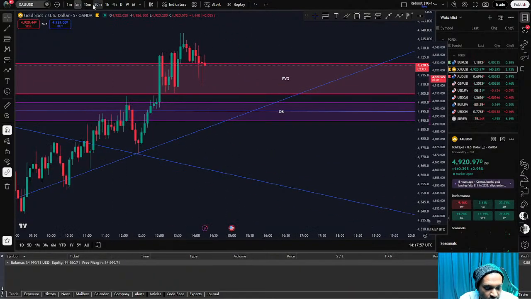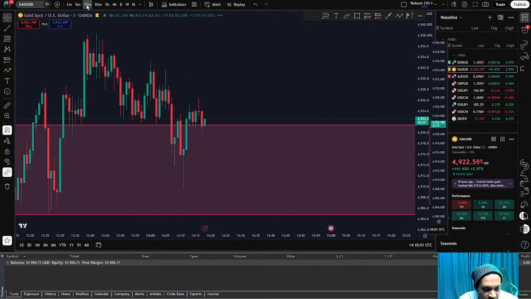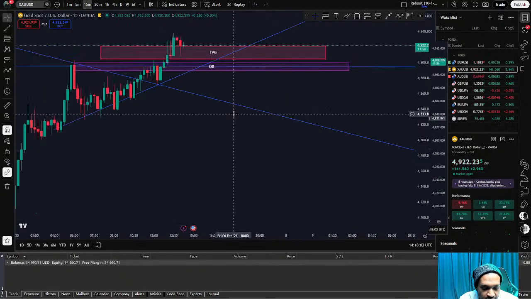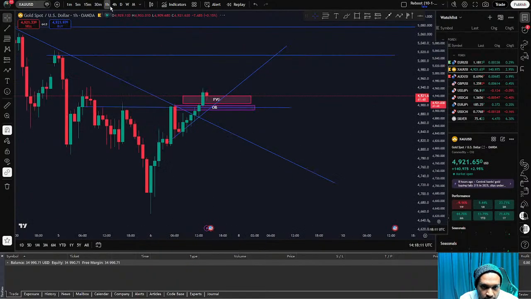What is it? A fair value gap is a price imbalance. It forms when the market moves too fast, leaving behind an area where price did not trade fairly between the buyer and the seller. So if we look at the higher time frame,